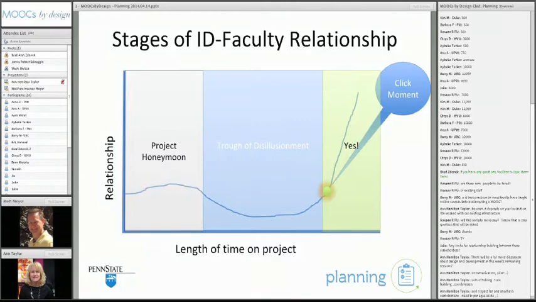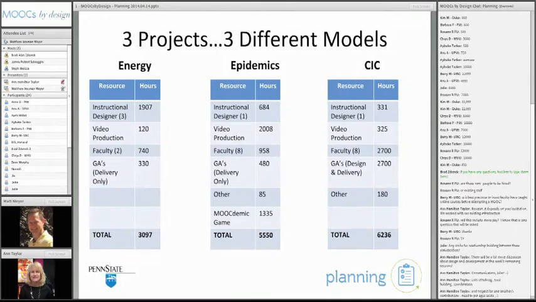It's just, your mileage will vary, but this is a good one. I love this diagram. Okay, so I'm going to come back. So the three projects that Annie and I have been referring to, the Energy, Epidemics and the CIC project. So I put on here the resources